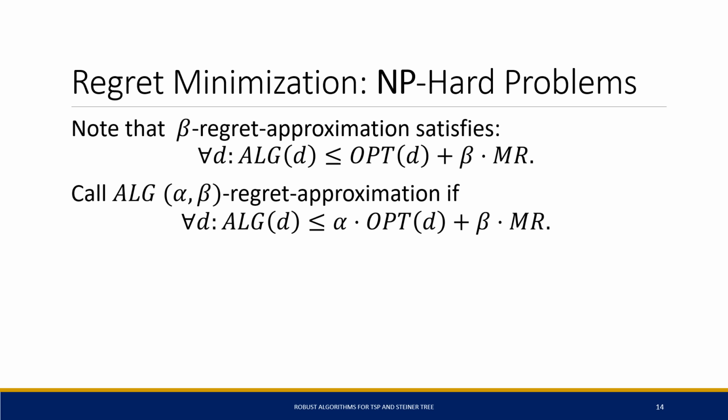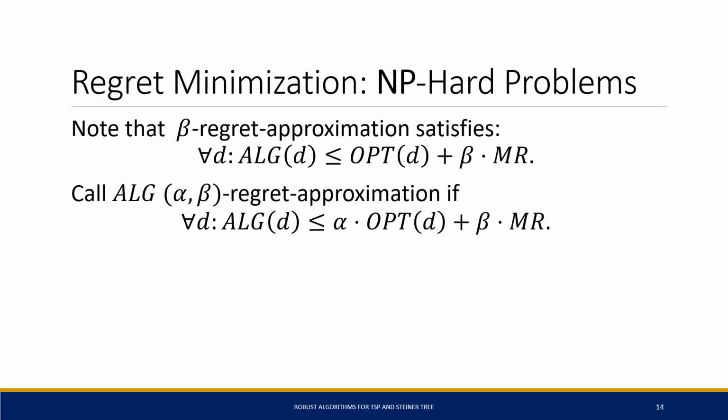So when we look at this guarantee, the intuition you should have for it is effectively, if we have an input where the ranges are very small, this means we have a lot of certainty about the input. And so our approximation definition here parallels the standard notion of classic approximation because this alpha opt term is going to be much larger than this beta MR term. On the other hand, if we have an input with a lot of uncertainty, then beta MR might be much larger than alpha times opt in some realizations. But effectively what this guarantee is saying is even though I'm paying a lot more than opt in these realizations, every solution is going to have some realization it performs poorly in, and I'm not doing that much worse compared